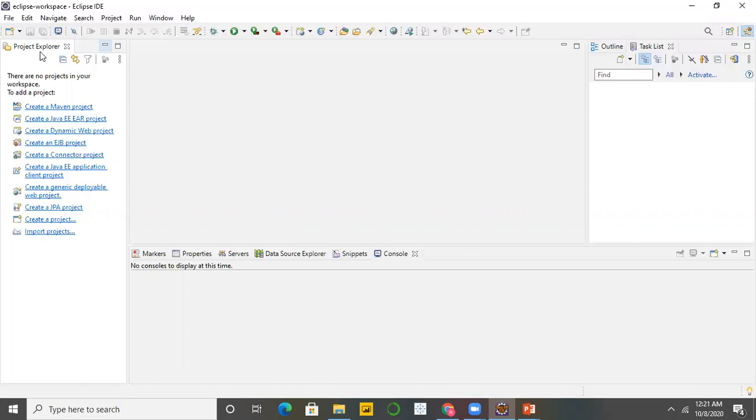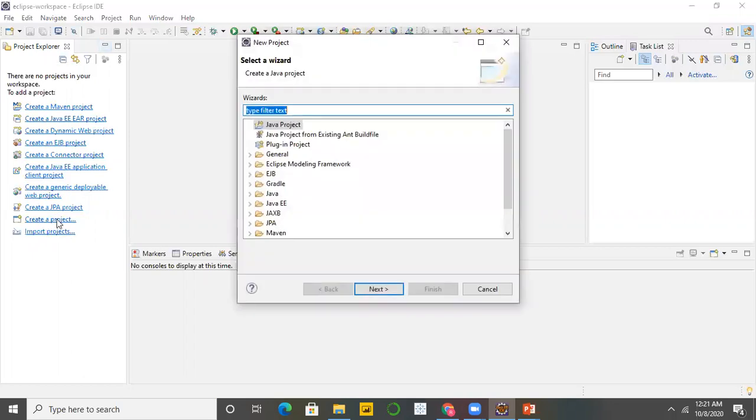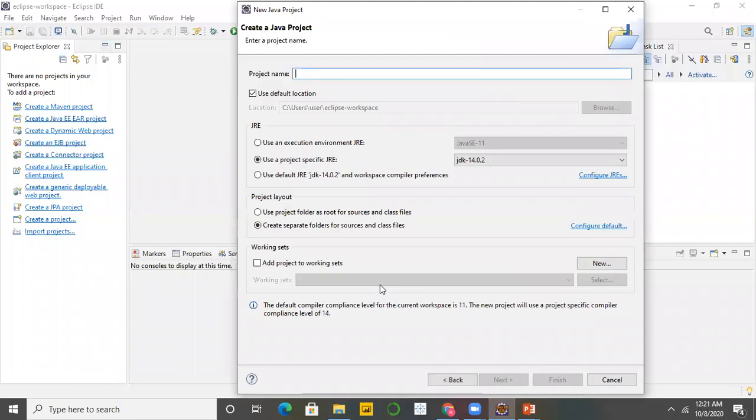So how to create your Java project? Simply go to create a project, then it will ask you for the Java project. Select Java project, then next, then give your project name. Suppose this is video 8, so Java video 8 is my project name, and I'm using the JDK which is already installed on my machine.